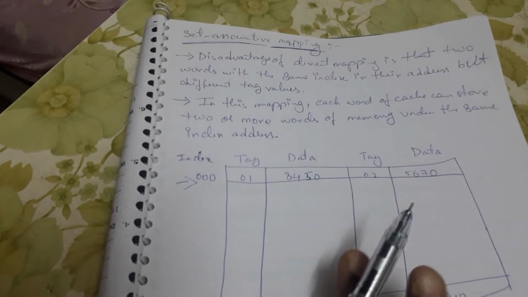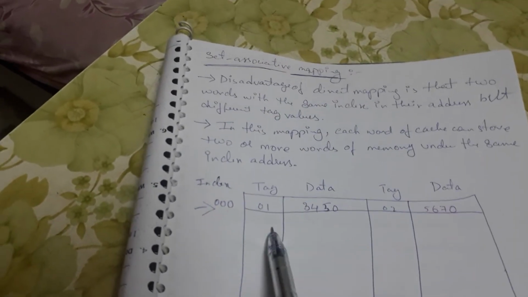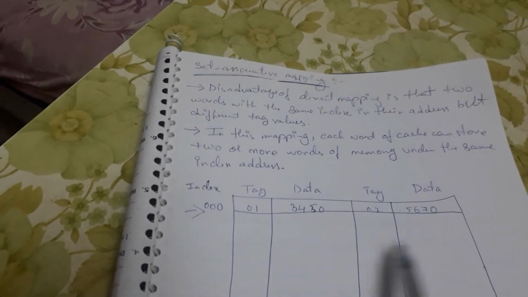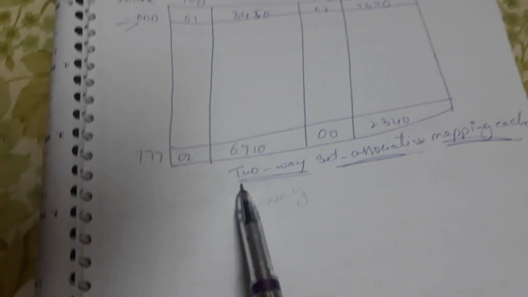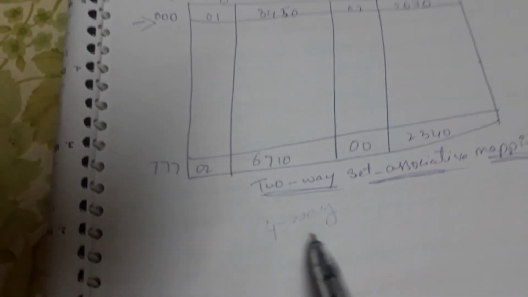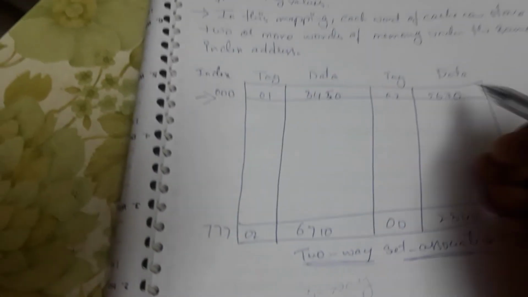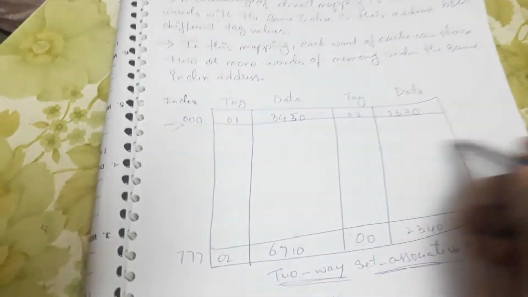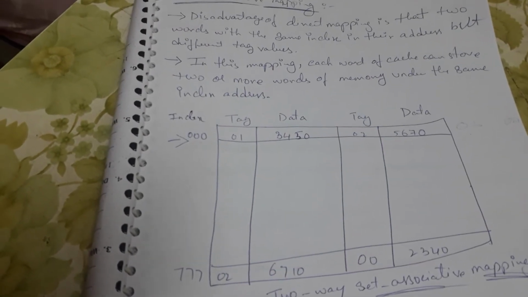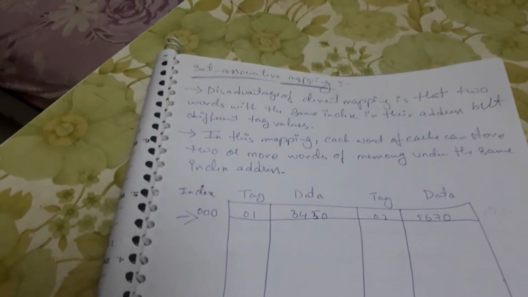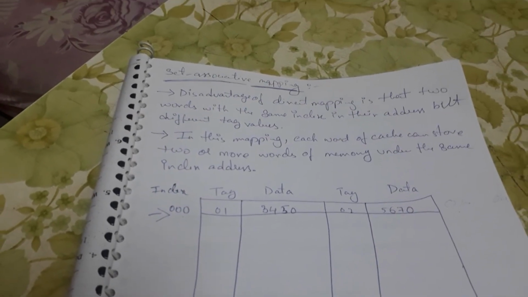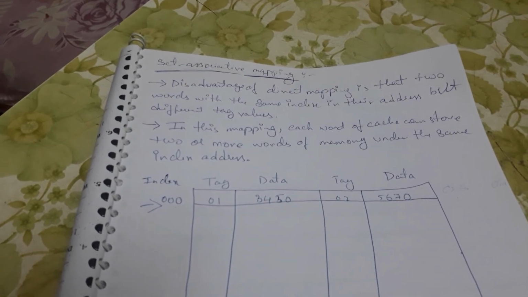The concept is the same as direct mapping, but the only thing is that here the data is saved in terms of pairs. I am talking about only 2-way here, but if you are implementing 4-way, then you can have 4 together, like 1, 2, 3 and 4, placed sequentially like this. These are the different mapping techniques used in the cache memory. From an examination point of view, this question is very important. I would suggest all of you to please prepare for this question and then go for the exam.